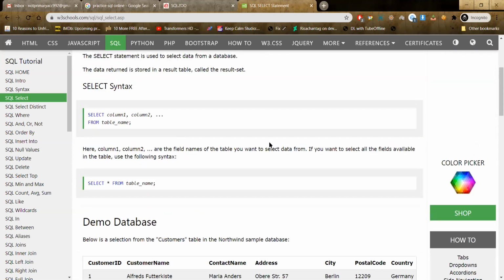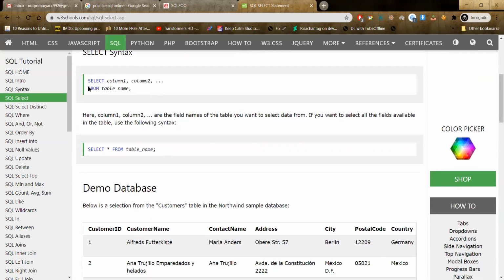The general syntax of selecting something from a database table is: you write the select word and the names of the columns that you want to get the data from, then you write the keyword from and the name of the table. So select column 1, column 2 from table name, and you add a semicolon to the end.